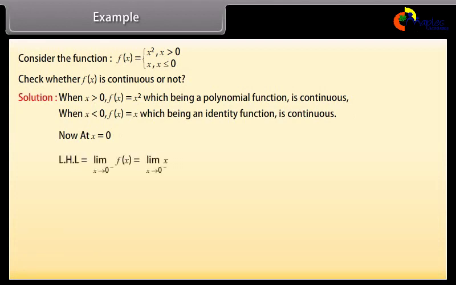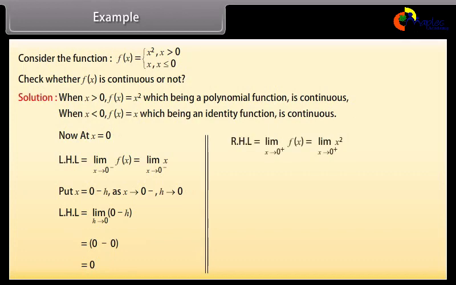Left-hand limit: limit as x approaches 0⁻ of f(x) = limit as x approaches 0⁻ of x. Put x = 0 − h; as x approaches 0⁻, h approaches 0. Left-hand limit = limit as h approaches 0 of (0 − h) = 0 − 0 = 0. Right-hand limit = limit as x approaches 0⁺ of f(x) =